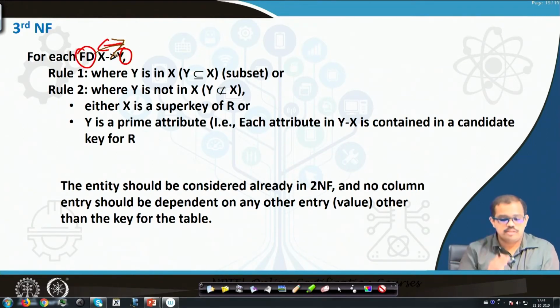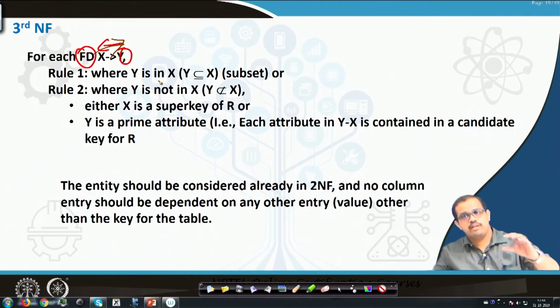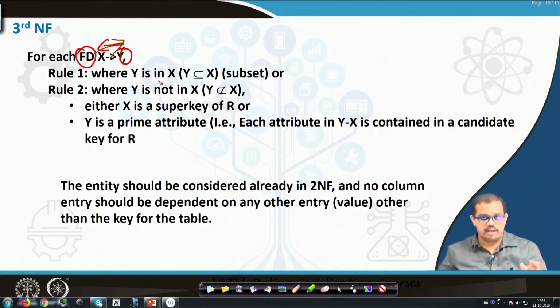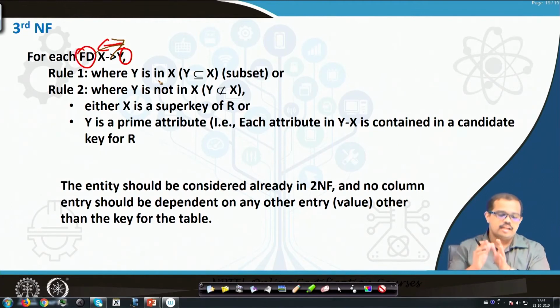The first rule states that y is in x, which means y is a subset of x, or when you are looking at rule number 2, y is not a subset of x, okay, which means these are two different rules, wherein if you have these two rules satisfied for a functional dependence of y towards x, then that particular table is in